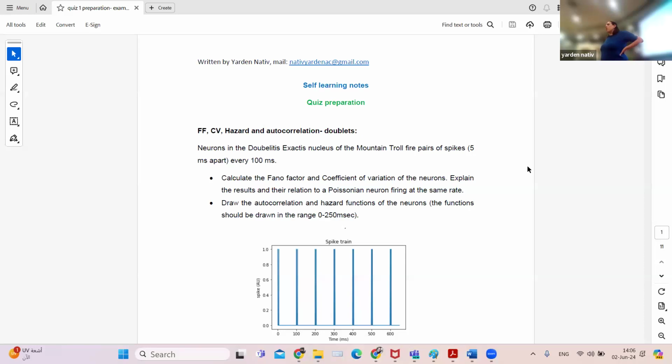So I thought about just going through the self-learning notes that I sent you. We will go through them for 1 hour and try to solve together an example or two. And I think there was a really nice idea that you offered: we'll begin each question with 5 to 10 minutes to try yourself to think about how to start, and not only me lecturing you, because then you really just won't